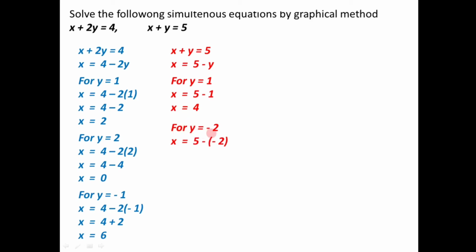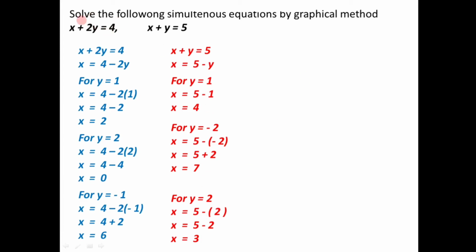Let us consider the second value for y, that is y is equal to minus 2. If we replace y by minus 2 in this equation, we get x is equal to 5 minus into bracket minus 2. Here minus minus signs are there, so minus minus will become plus 2. So 5 plus 2 is 7. When y is equal to minus 2, we get x is equal to 7. Now again, consider the value of y as 2. The equation x is equal to 5 minus y becomes x is equal to 5 minus 2, that's 3. So when y is equal to 2, we get x is equal to 3. By having these values, we can have the coordinates table.